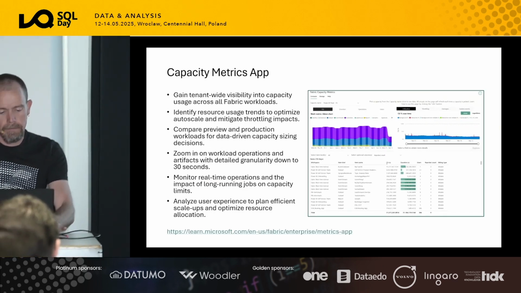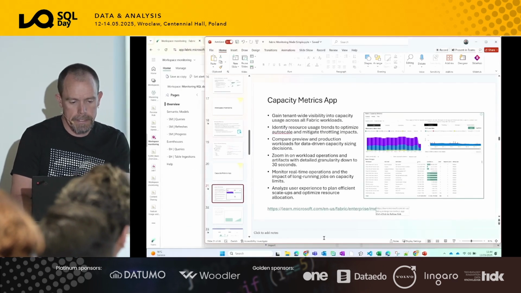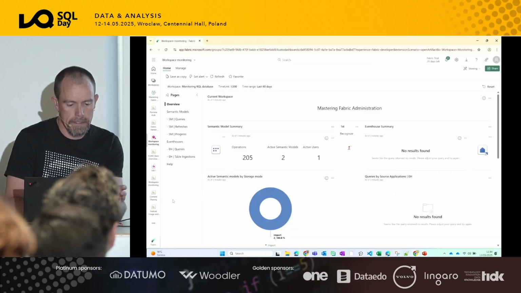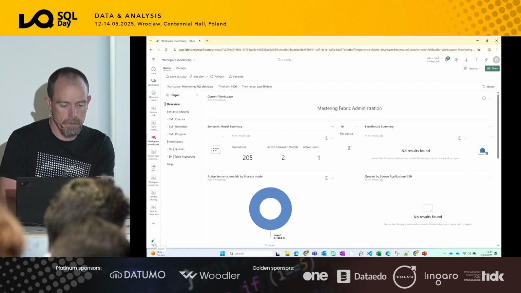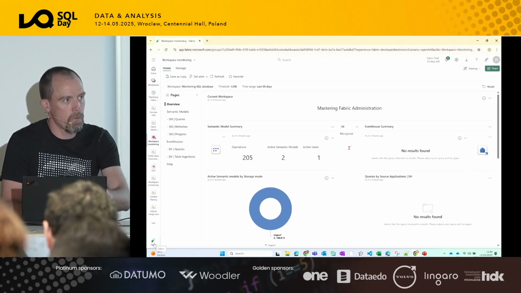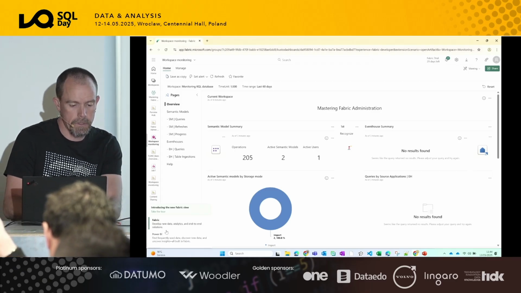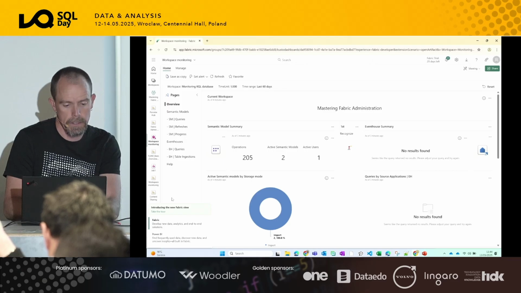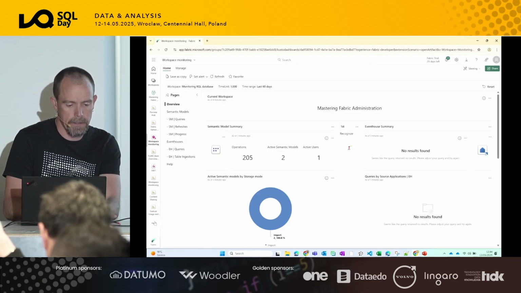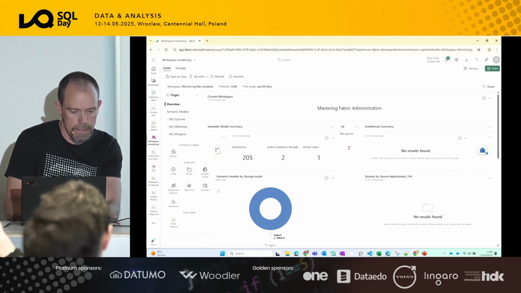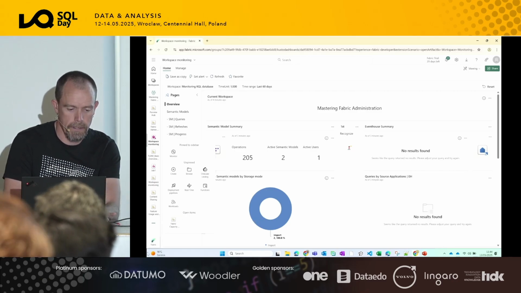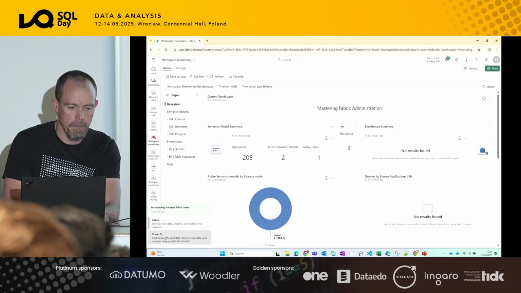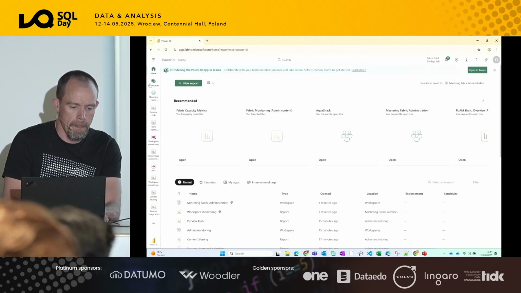Let us just have a quick look at this capacity metrics app. And this is, as the name says, an app. So to get that, I need to either get into a workspace or switch over to Power BI, because for some reason I cannot see apps here, because apps are a Power BI feature. So I need to shift here to Power BI, because then I can see down here the apps